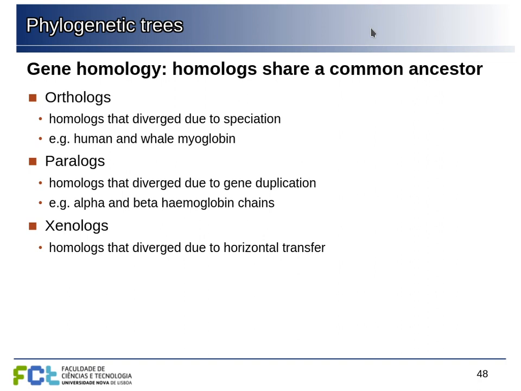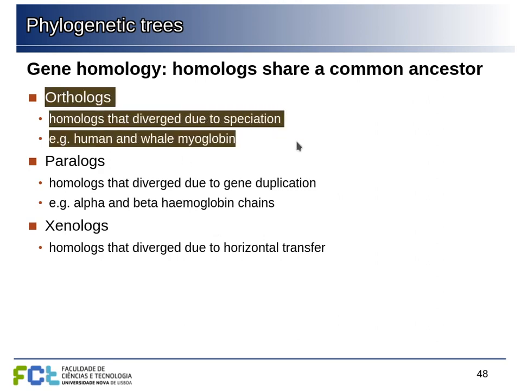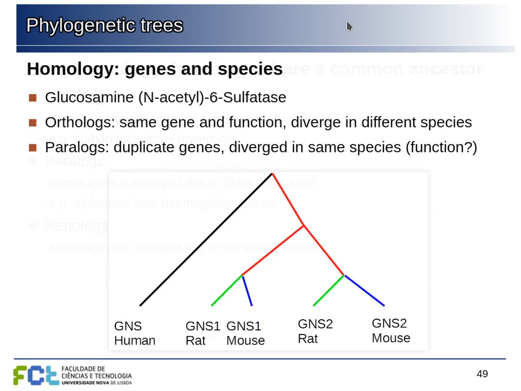When we are trying to look at the relations between species using data from sequences, we need to be careful to use orthologs. Otherwise, things can get a bit confusing. For example, this glucosamine sulfatase, there is one gene for this enzyme in humans, and comparing human gene and mouse or rat gene, we can find orthologs because this protein started diverging because the lineages diverged at some common ancestor a long time ago. But in this lineage somewhere, the genes duplicated.